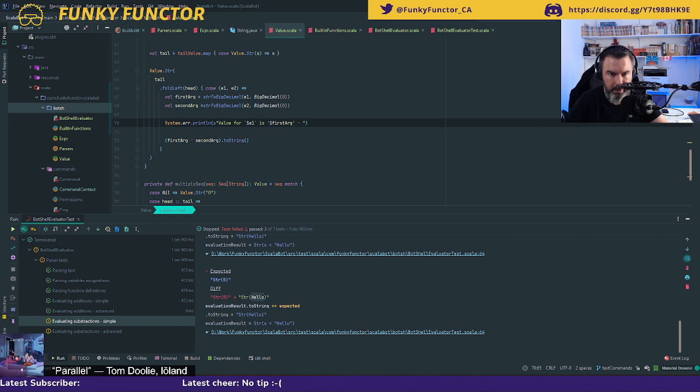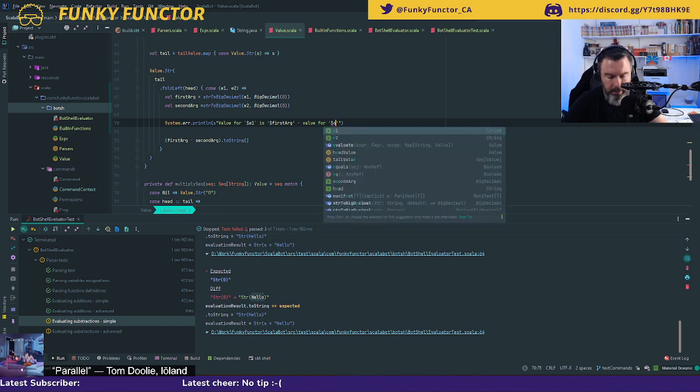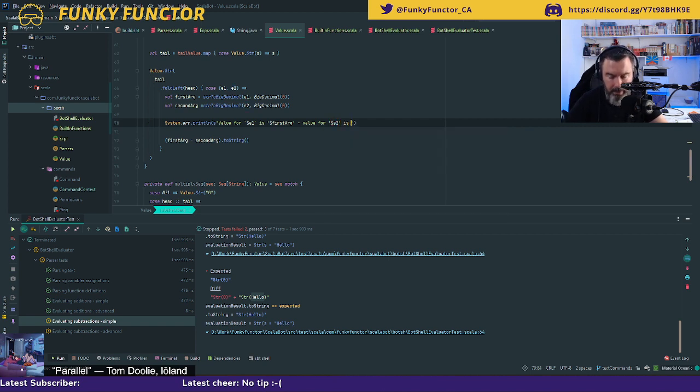I'm gonna put a dash value for dollar E2 is, and then second argument. Okay, so I will have a freaking lot of data out of it.